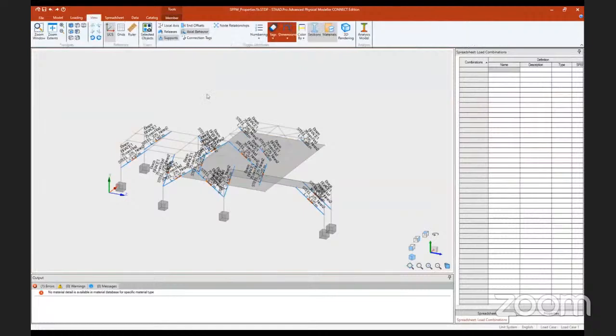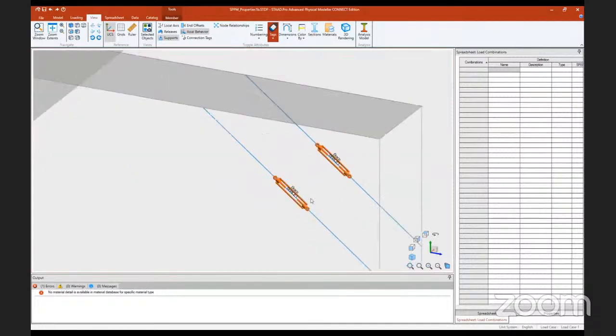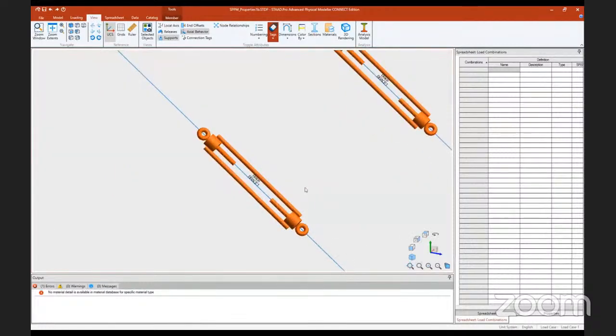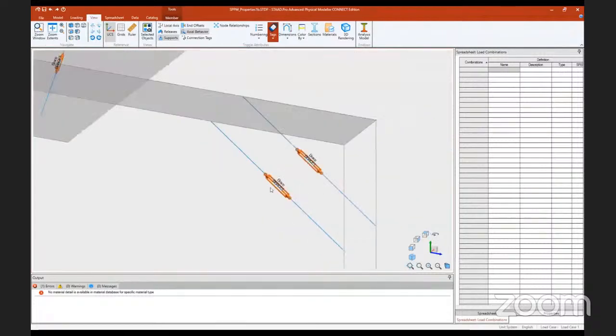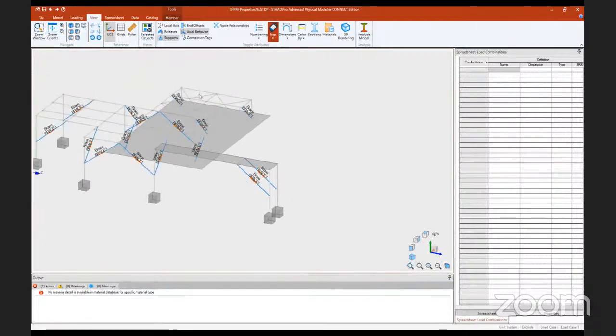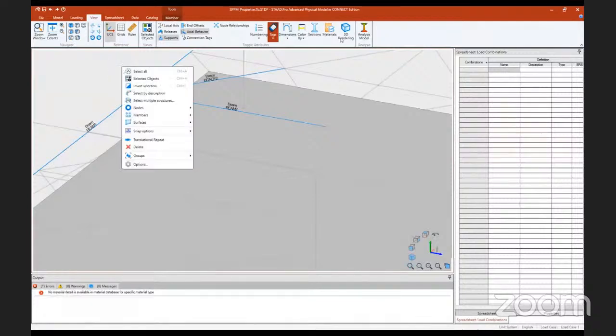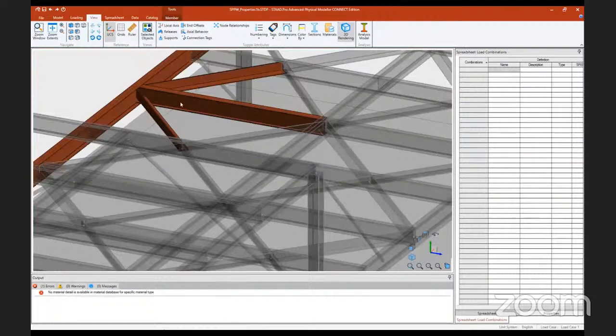And let's just switch off some of the information we're looking at, the materials and the sections. So if we zoom in here, we get the tension only braces shown. You can see the graphics are a lot more impressive than you get with the analytical modeler as well. And the next thing I want to look at is if we come over here, we select a section, zoom in here, and I want to show some properties in here. Right click. In fact, if we want to go to 3D view,